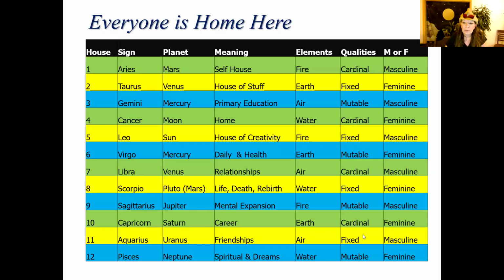So yeah, all cardinal, but they're all fire, water, earth, and air. They all want to start something. All the cardinals want to start something, but Aries wants to start it in an action way. Water wants to start it in an emotional way. Libra wants to start it through conversation, and Capricorn wants to start it by collecting the items for the project. So they don't see eye to eye, even though they all want to start it. And you have the masculine, feminine, masculine, feminine.